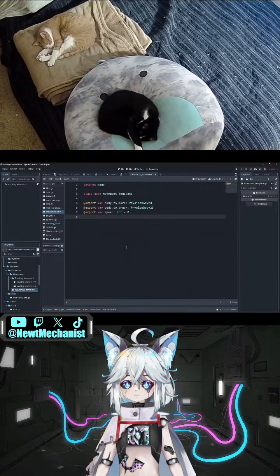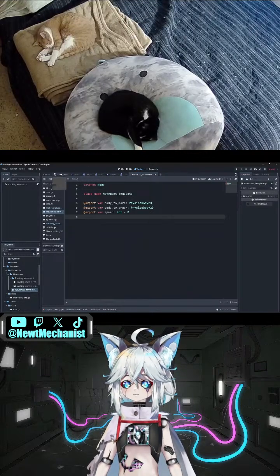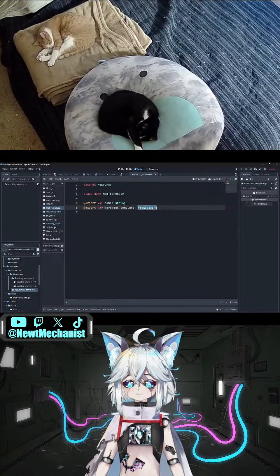Okay. So it can't extend a node in mob template, but